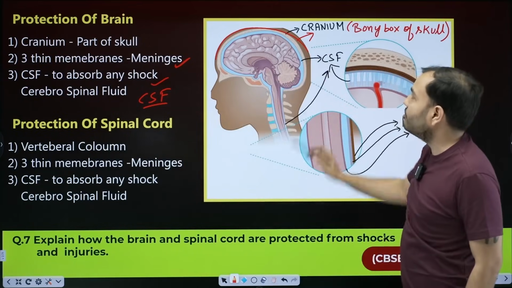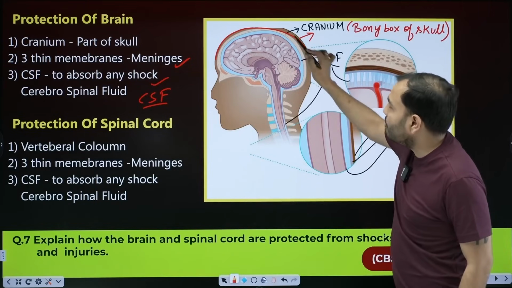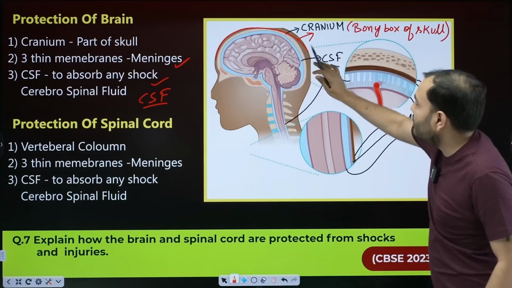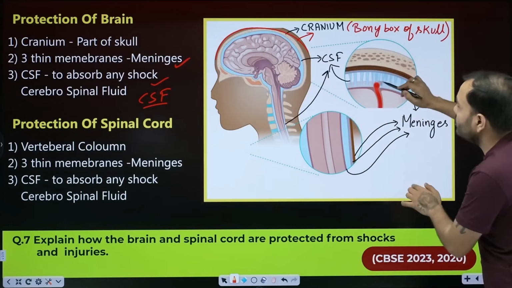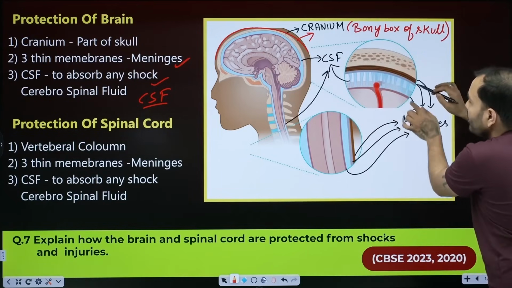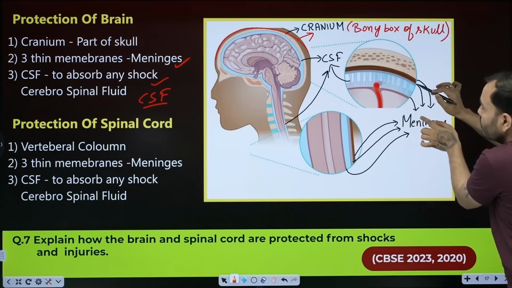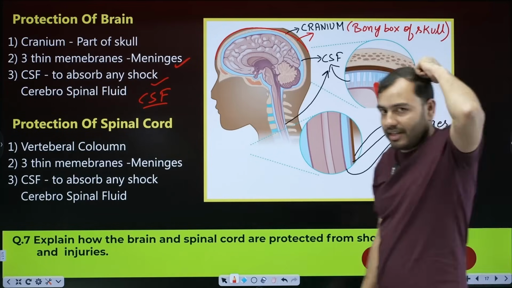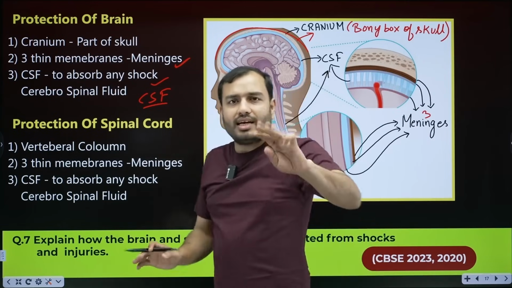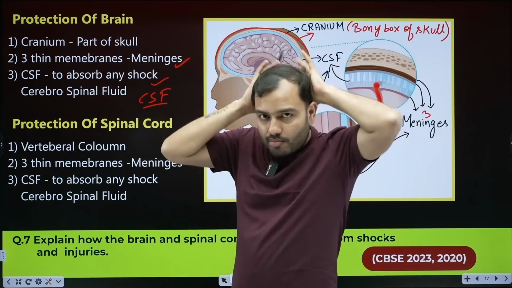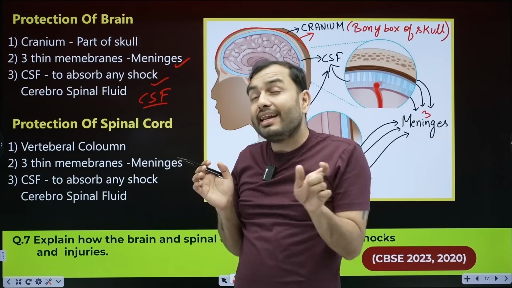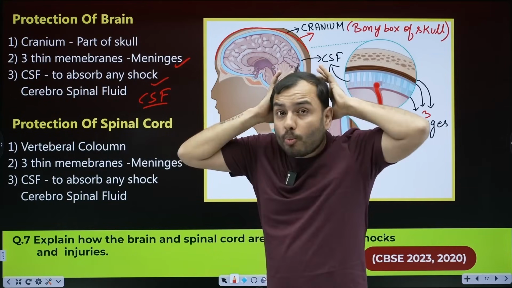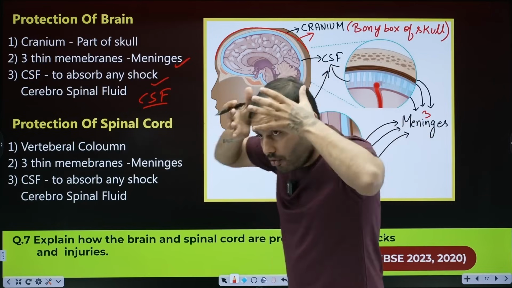Look carefully here. What is on the outside? The cranium. Inside it, the blue water you see, what is it? Cerebrospinal fluid. If you zoom in, this is the cerebrospinal fluid. Around it, there are 3 layers: 2 above and 1 below. These are called the 3 layers. What are these? Your 3 membranes, meninges. Okay. Clear? So remember 3 things. One is the cranium. How to remember cranium? Remember cranial nerves. Where do they come from? The brain. So what is your cranium? Part of your skull.